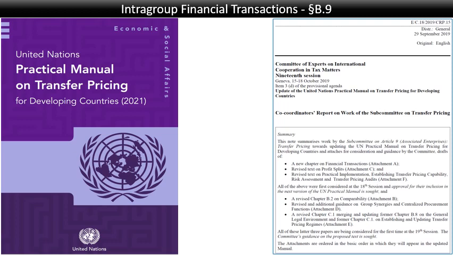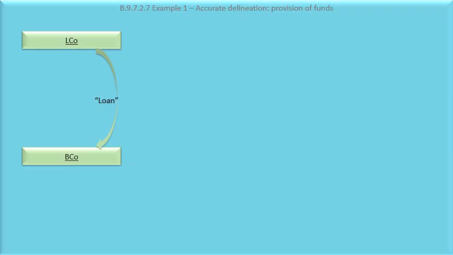The difference between the draft and the final 2021 Practical Manual is that the Practical Manual includes a number of interesting examples, of which I discuss the first few in this video. So let us go through a couple of examples that the UN has given